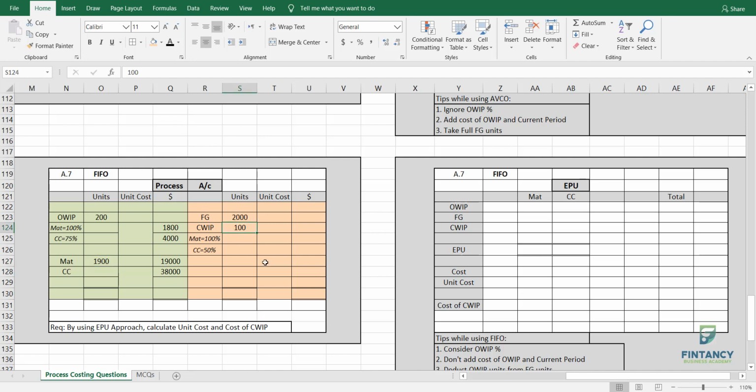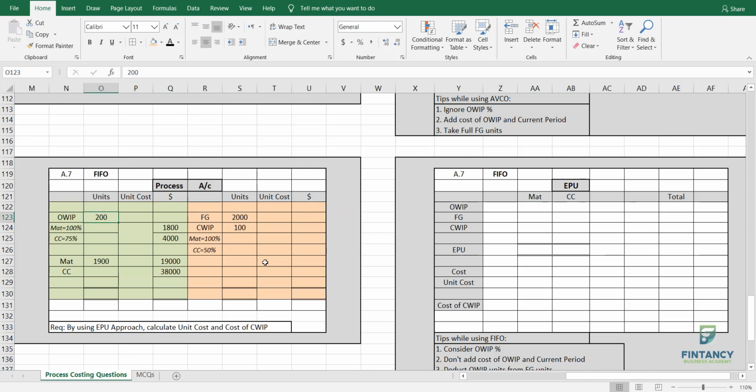So basically the assumption here is that these closing work in progress units are from those 1900 units. Getting the story? In the earlier example, we were not sure how many units were from the input and how many from the opening, so we were just taking average. I hope the logic is clear to everyone. Now, my friends, you have to consider opening work in progress, because this is a big assumption that units which come in first go out first. So how do we consider the opening work in progress percentage?